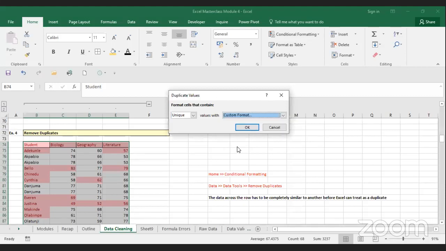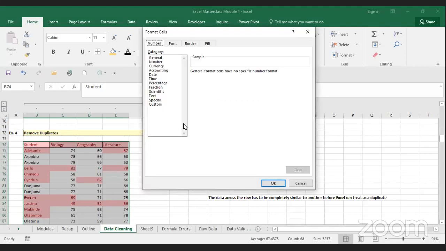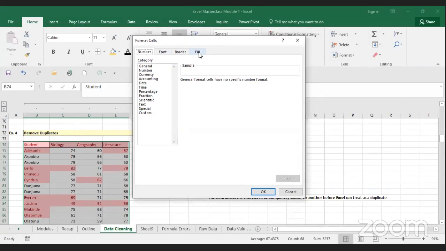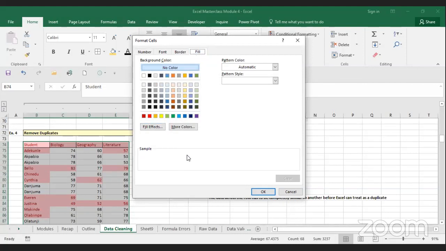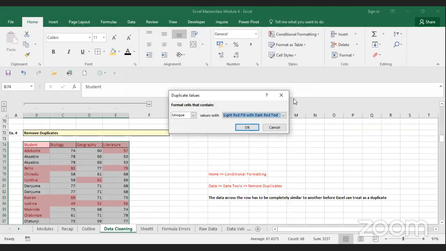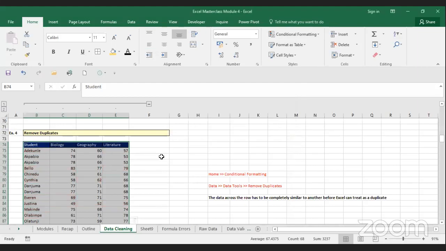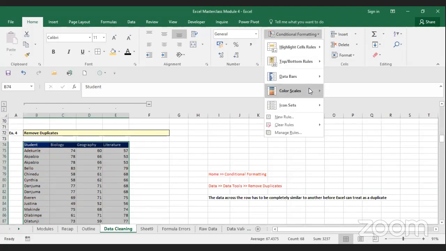customize the kind of formatting that you want to do. You remember this dialog box very well. We used it, Control 1. So I'm coming to fill, and you can select the kind of color that you want. There are lots, depends on your taste. Okay, so I'm back to this place, but this is not what I want, so I'll cancel. I'm going to cancel, but I have just shown you that under conditional formatting, you can format based on different